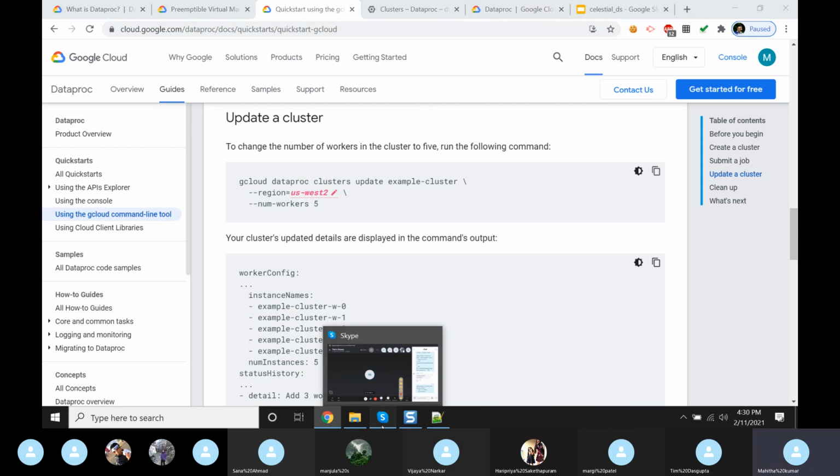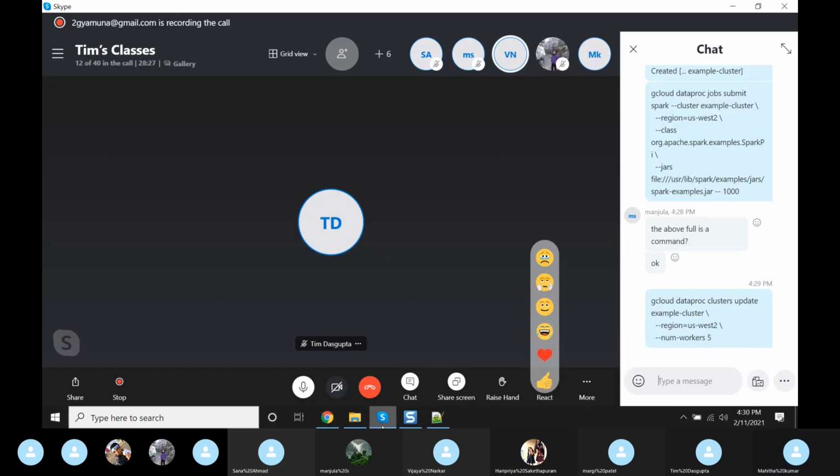With the 1,000, waiting for job output. Okay, I guess it's running something. Actually, that will work, but as my window is very small, I cleared it. I would have broadened it. If you wait for a few seconds, then it will give the output of the value of pi.